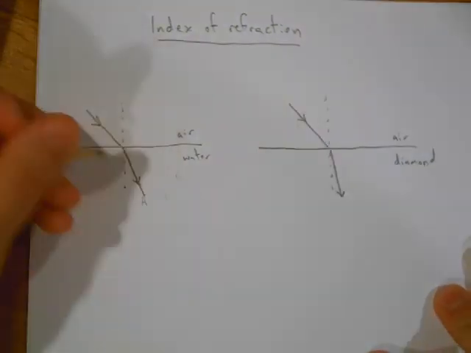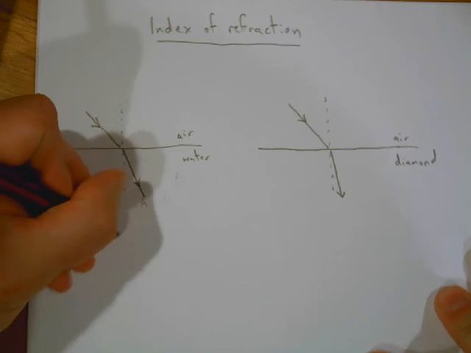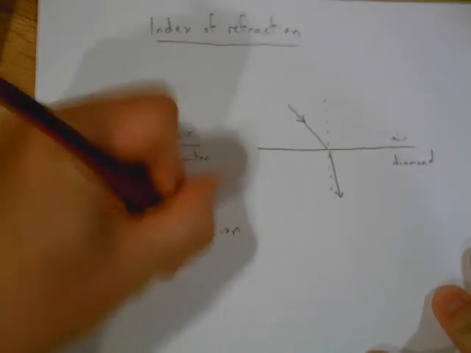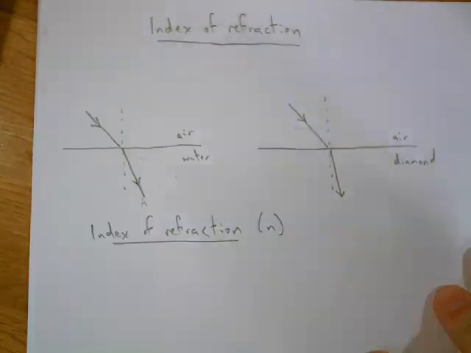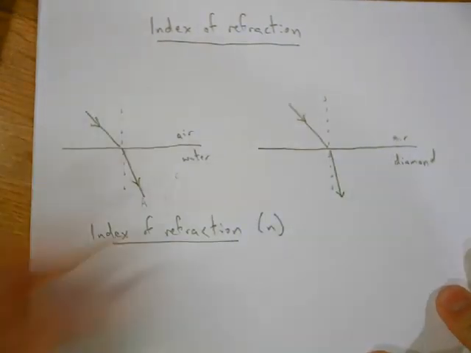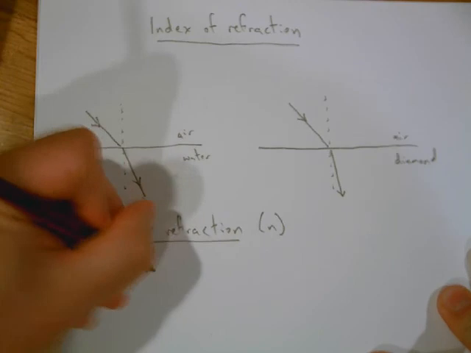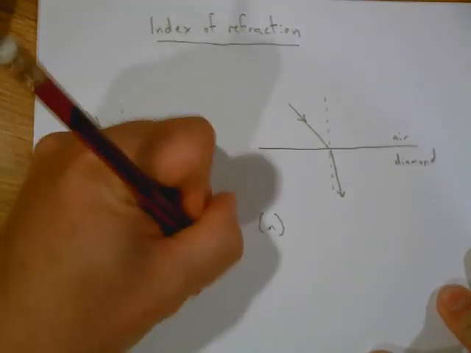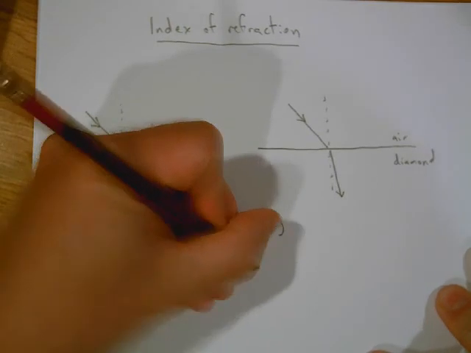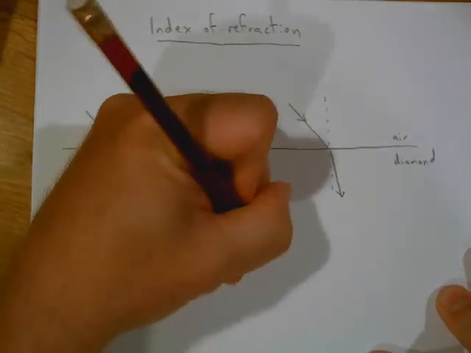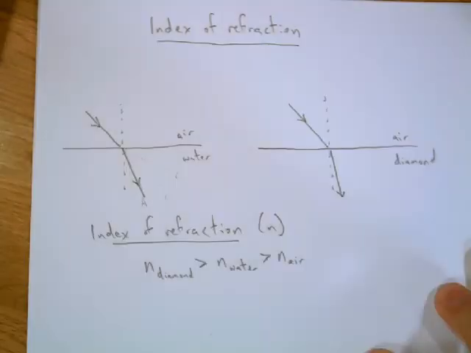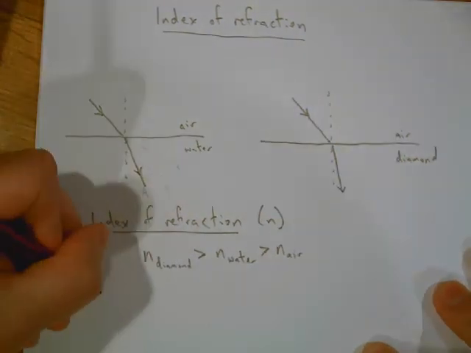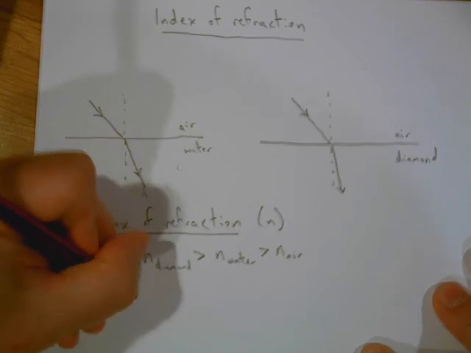So index of refraction is, now first of all, index of refraction is going to be abbreviated with the lowercase n. So like if we were saying, so far we would say the index of refraction of diamond we know is bigger than the index of refraction of water, and we know that that's bigger than the index of refraction of air. Okay, why? Because the index of refraction is a number